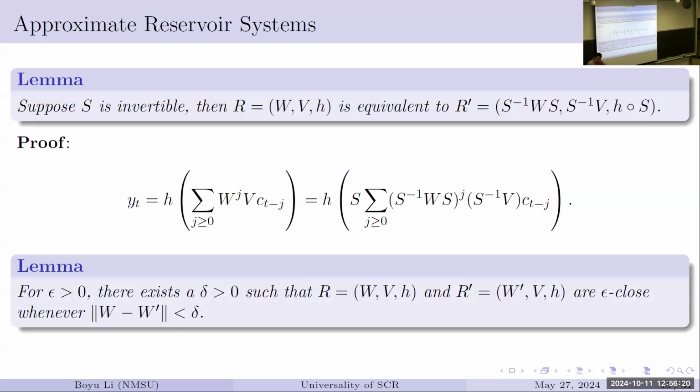Another thing is also a fairly easy idea, and it's very common. If you just perturb your matrix W by a tiny little bit, you let your W prime be very close to the W. You keep the V and H the same. You get something that's going to be close. In the end you're just multiplying the W or W prime to some power. If they're close enough to each other, then their powers are going to be close to each other. So you can always see they're going to be absolutely close when you have these two systems. So we have a little bit of room to perturb the matrix W, and we can do some similar conjugation for this W. Okay, so this is some basic operation we can do.